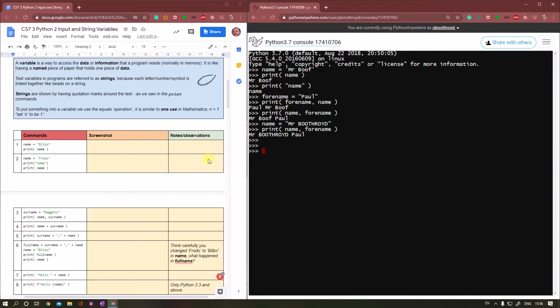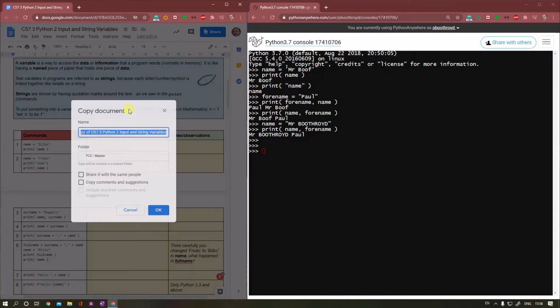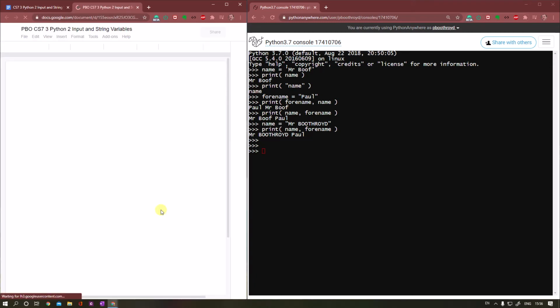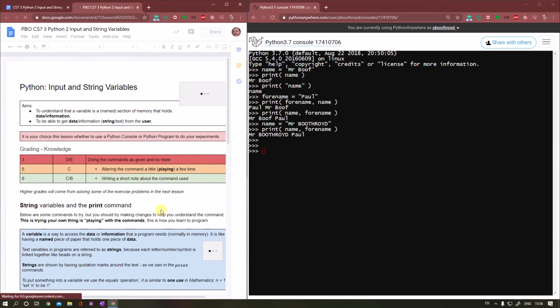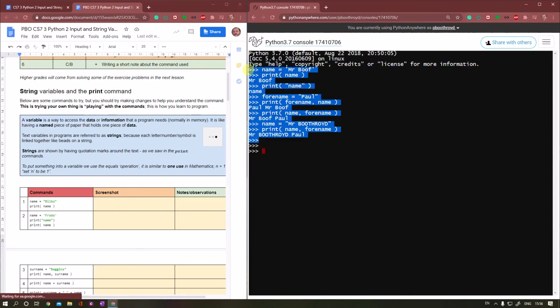So I've done my experiment. I need to actually make it into a copy of the document. When you get this, you should already have your copy attached. I'm trying to make sure that you get a copy that's already pre-shared, so there's less for you to do to attach them. So here's my copy. I've done some experimentation. I played about with the words, so I can now put into here what I've been doing. So if I copy my examples,